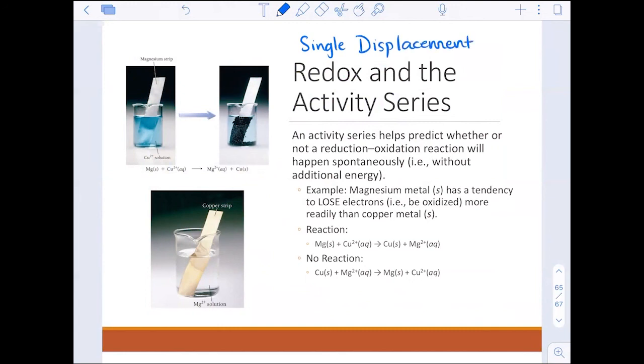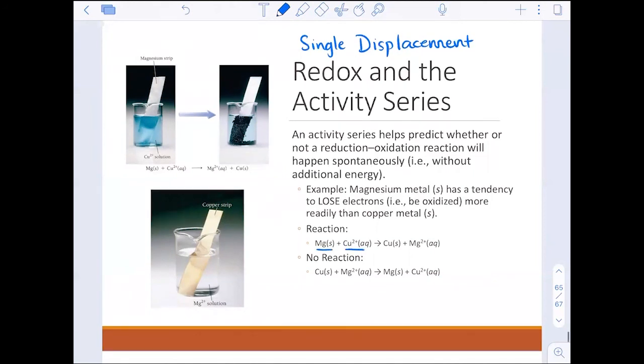We saw double displacement. In single displacement, what we're noticing is that in a typical reaction, we have a solid and an ion, and that electron exchange makes a new solid and a new aqueous ion. Magnesium metal has a tendency to lose electrons, be oxidized, more readily than copper metal. And so when you stick magnesium in a copper solution,